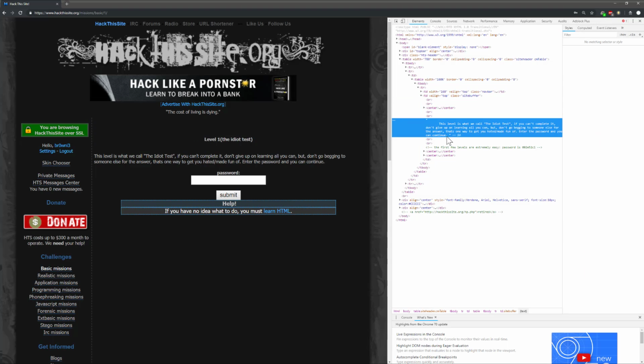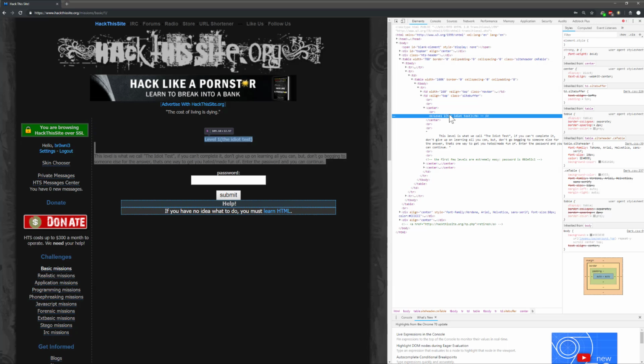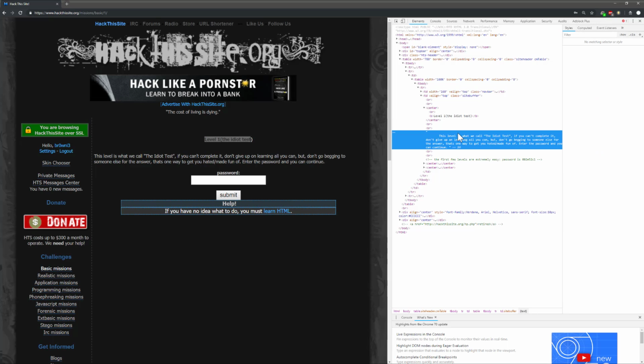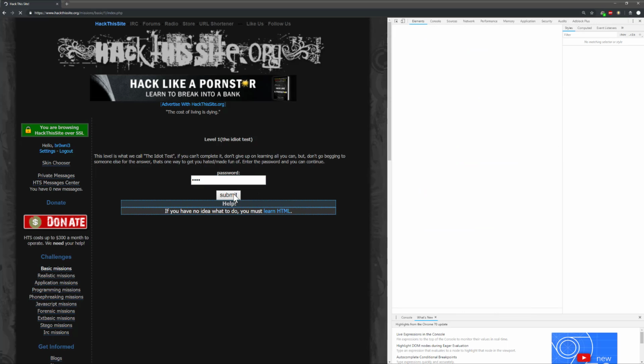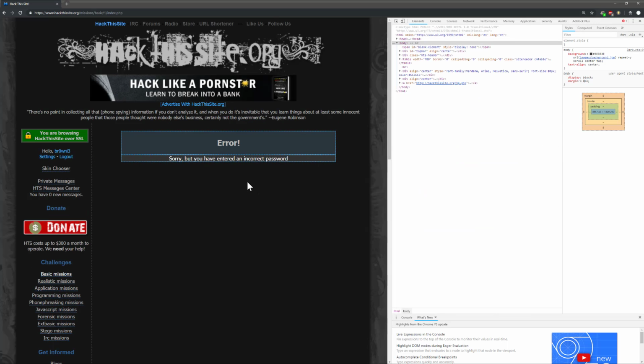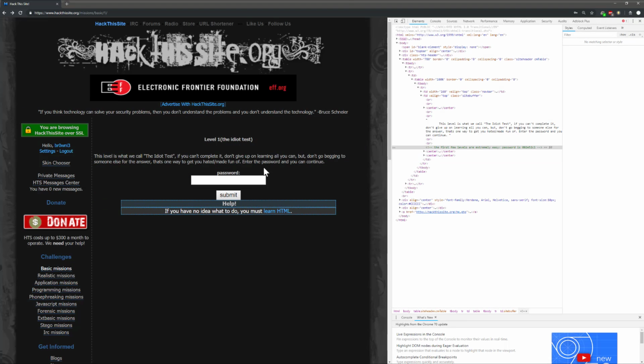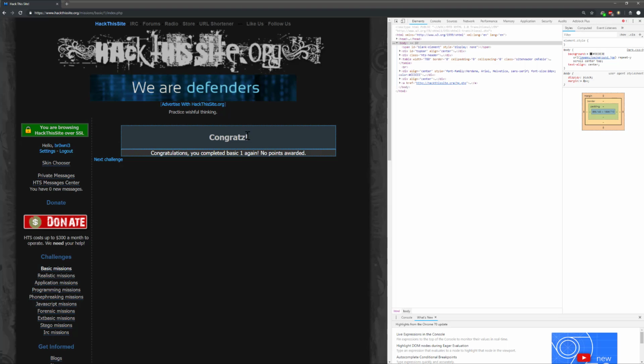So you can see here's the text that we're looking at, in bold, level 1. And since this is the easiest challenge, the password is in plain text right there, easy to get. If I were to not type 002E and so on and just type 1 2 3 4, it'll test it and say you have an incorrect password. But if I go back and type the correct password, 002E52C1, and hit enter, you'll see congrats,